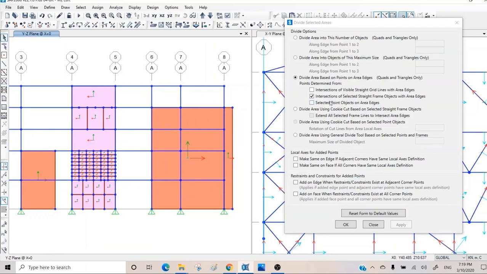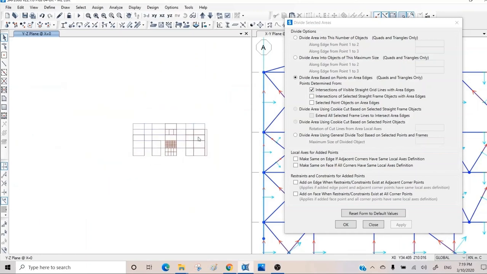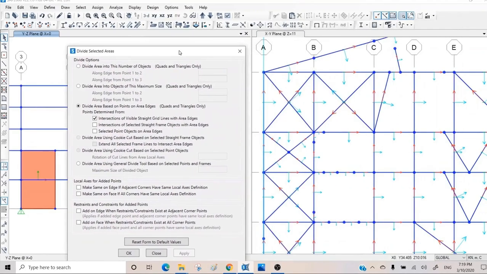If I choose intersection with all visible straight grid line, that means all grid lines in all directions, and press apply, you can see this will be divided into as many elements as are crossing the shell element. Could be even partially,